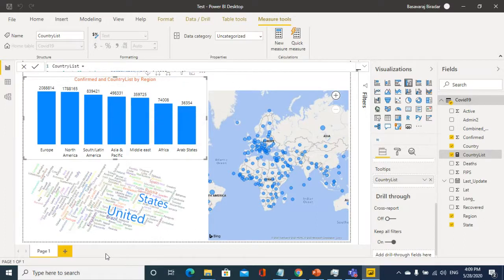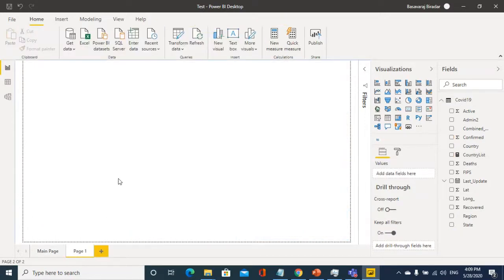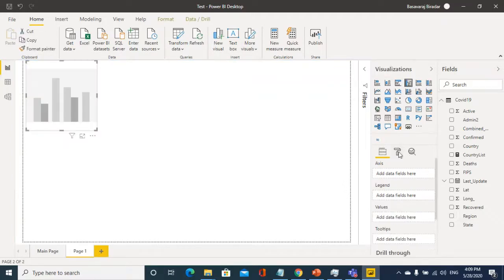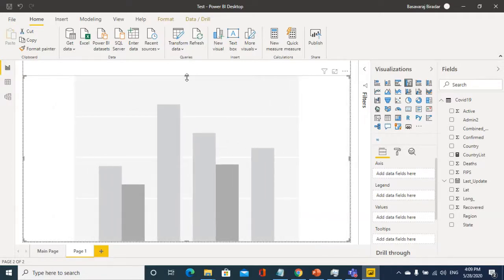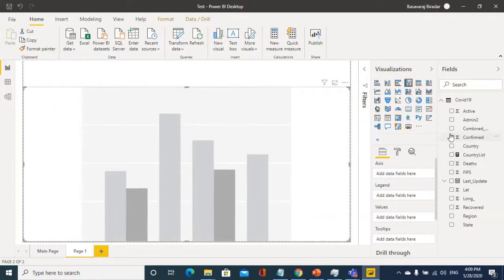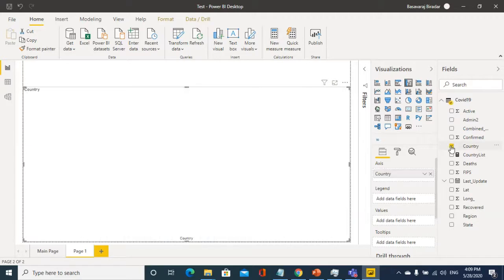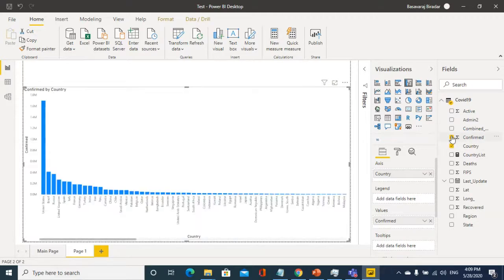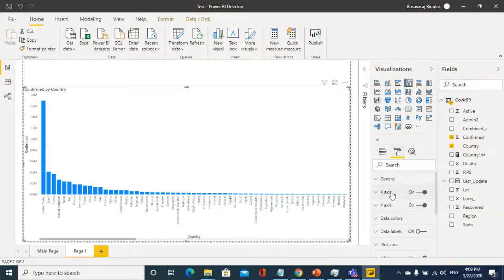Let me show another feature in Power BI. Prior to that, rename this first report page as main page, and then create one more report page. Here I'll not do much formatting. I already showed you have to go and do all the formatting. Just like you can put country and confirmed cases, and here again that scale issue, data is getting skewed.